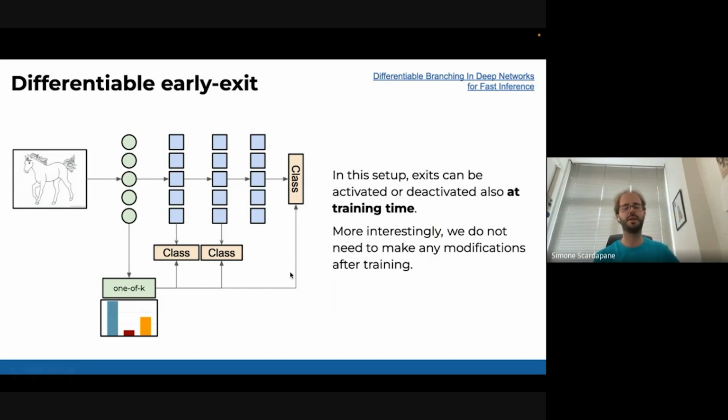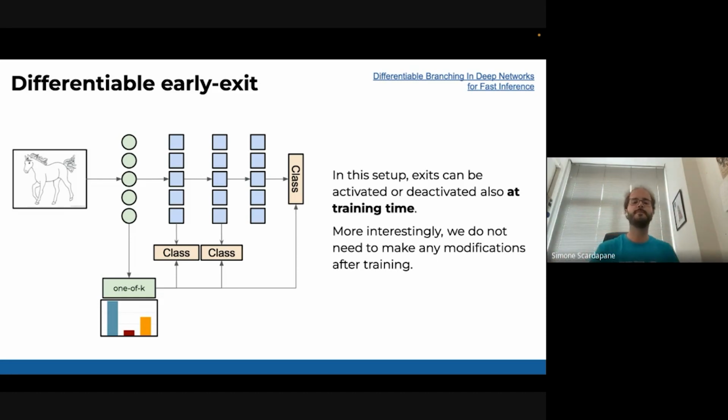So I have 3 exits, and I can add here, you see, an arrow that goes here. I have a block that tells me which exit is the good one for this input. So if this tells me 2, I will activate this classifier here, and I will exit here. So here the decision is trained, so it's part of the neural network. It's done at training time, and it's the same at training and inference. So it's more elegant, and everything is done by the neural network.